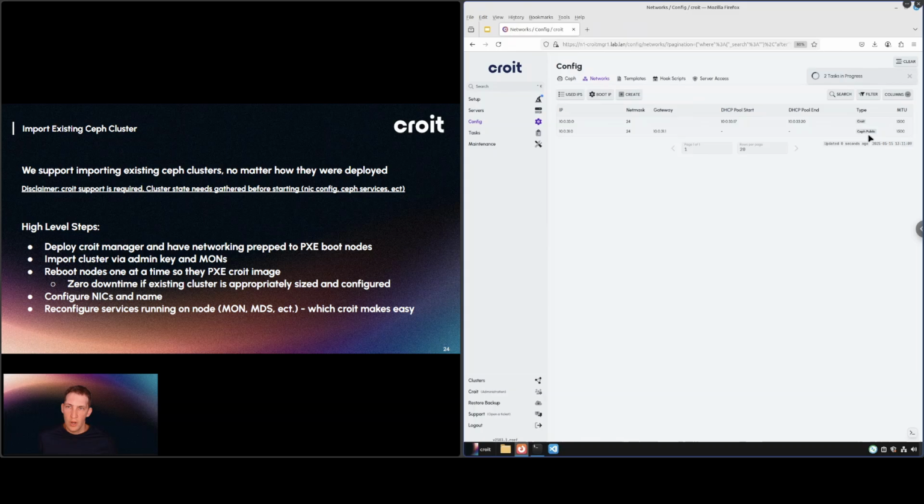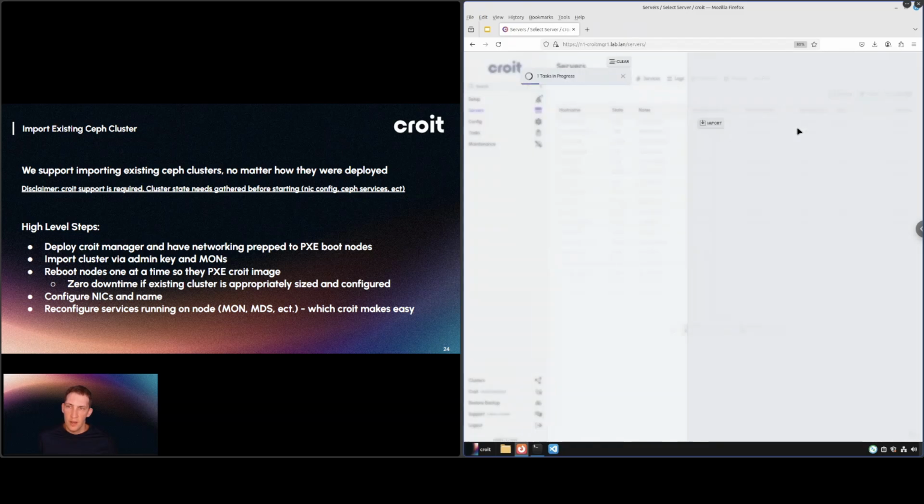And we should be prompted with the option to import. Again, we spell out explicitly if you have an existing cluster and you want to import, that basically we recommend that you contact our support team. So again, we are happy to work with you on that. So I'm going to click import,